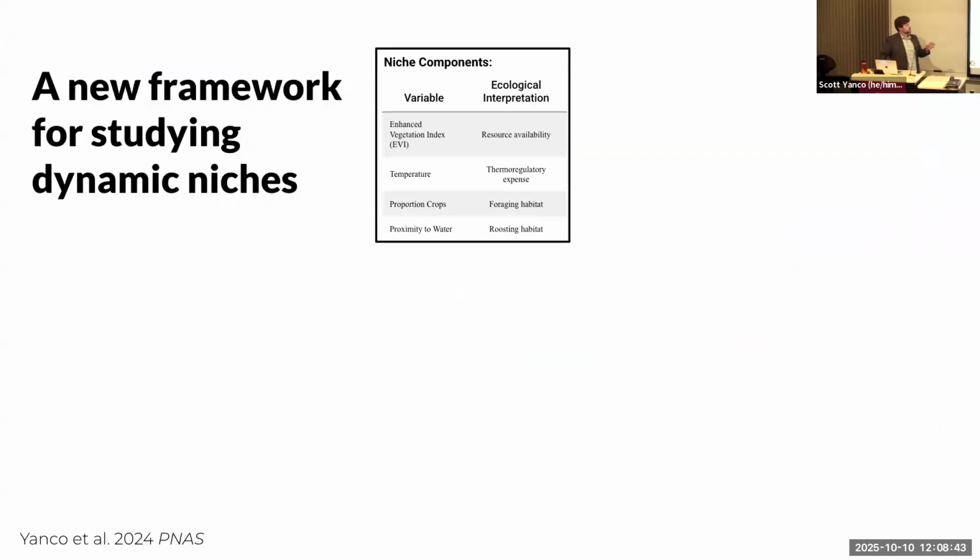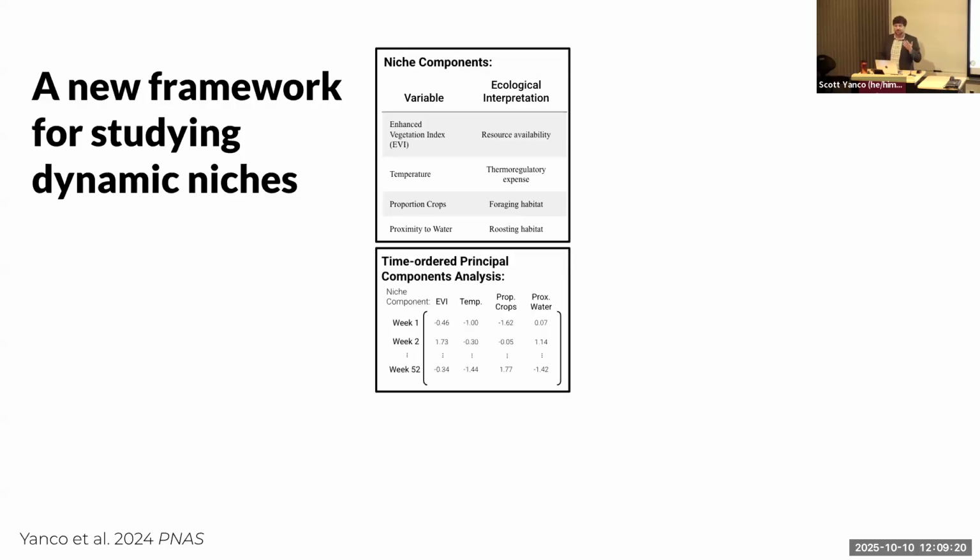So all of these cranes, we annotate to their environments so that we know what they're experiencing on a day-to-day basis. We do it with 4 environmental variables. EVI, which is just like NDVI, it's telling you sort of how productive the environment is, literally a measure of how green the Earth is. Temperature has obvious importance. All these species prefer foraging on crops, so crops are really important. So we use the proportion of crops in the vicinity of the GPS point, and they all like roosting in shallow water as a predation avoidance strategy. They go to crops to forage, they go roost in the water,